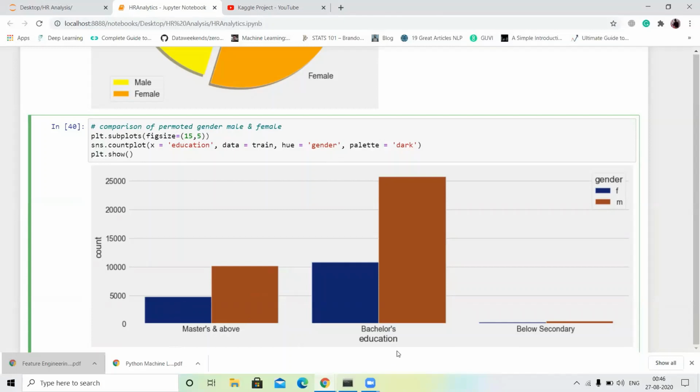In the bachelor degree, 25,000 plus is male candidates, and only approximately 11,000 students are female in the bachelor degree. So most students in the bachelor and master degree are male candidates.